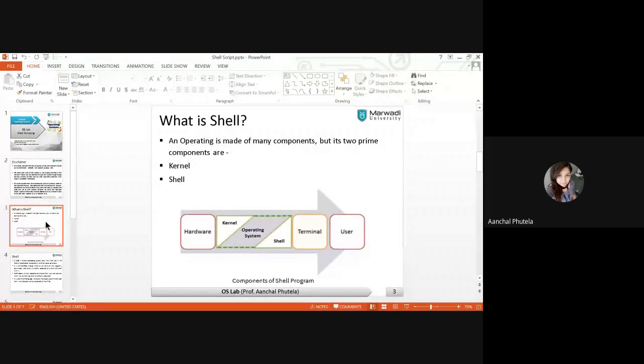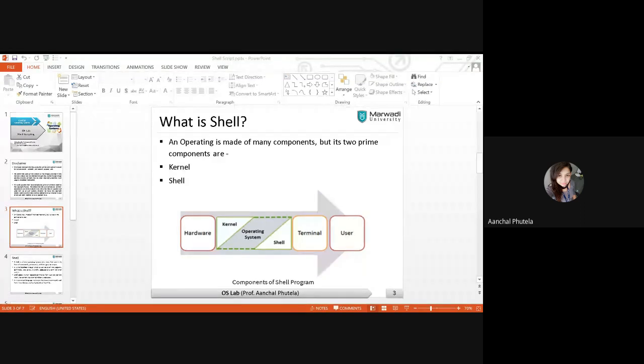When we talk about an operating system, there are two terms I generally use: kernel and shell. There are many components of an operating system, but the two prime components are kernel and shell.